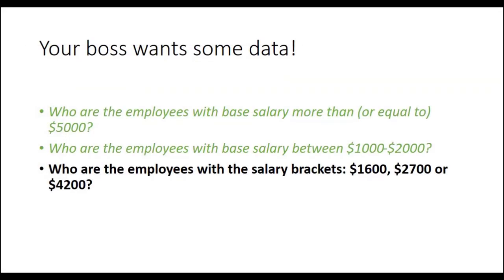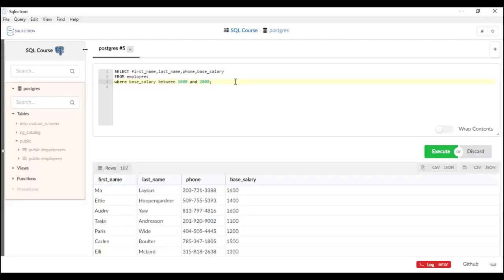The last request from your boss is, who are the employees with their salary brackets of $1,600, $2,700, or $4,200. This is simple actually, and with a simple trick we can filter based on those values. So let's see how. Okay, so we need to filter based on three values: